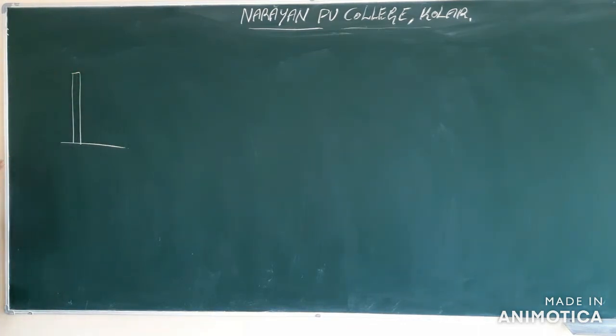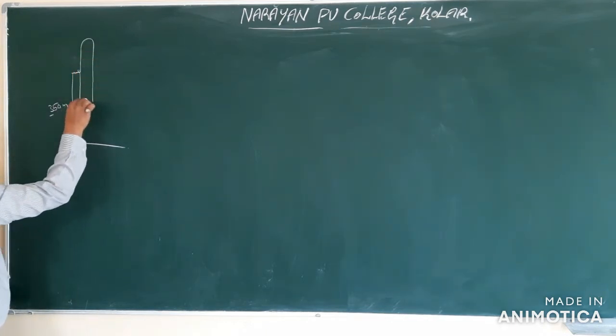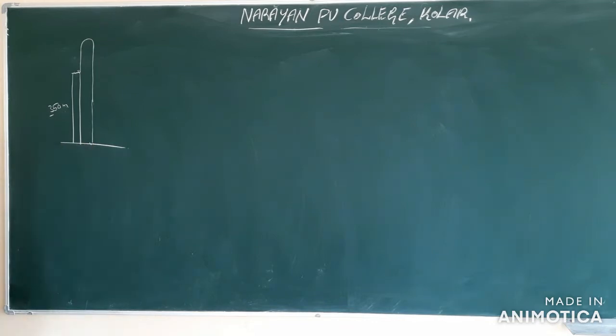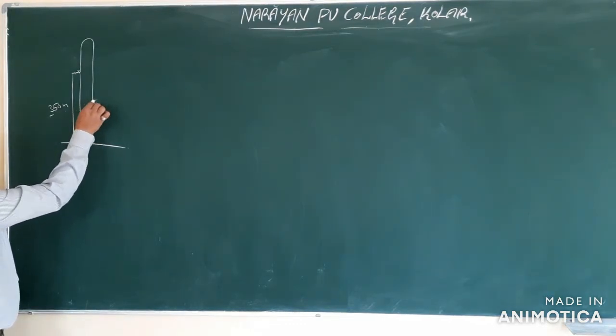So height of the tower is how much? 350 meters. So from here an object is thrown upwards, it is coming downwards. Downwards means after reaching ground, it is covering 350 meters from here to here, I'm saying. But they said after some amount of time, the distance of the stone above the ground is 300.